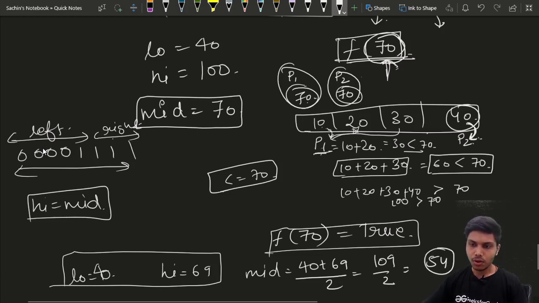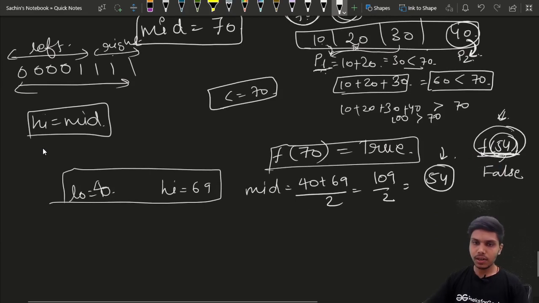Now I will check for F54. When I call F54, it will return false, because there is no way to assign boards in such a way that we can paint all these boards in less than 54. So it will return false.